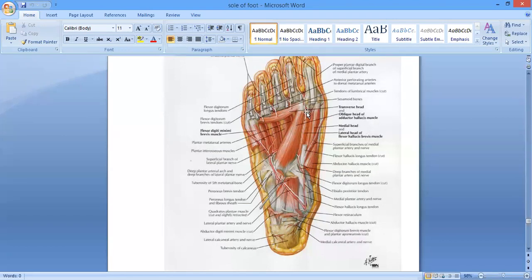Which are going to be inserted over both sides of the base of the proximal phalanx of the big toe, the medial part and the lateral part, right? So this lateral part is basically getting origin from... its lateral limb over here. You can see this in a Y shape, ठीक है ना? तो इसकी जो lateral limb है ना बच्चे, it is basically getting origin from the medial part of the plantar surface of the cuboid bone. Medial part of the plantar surface of the cuboid bone.